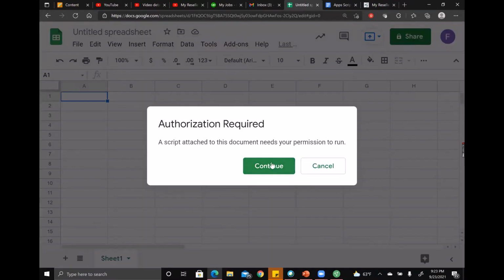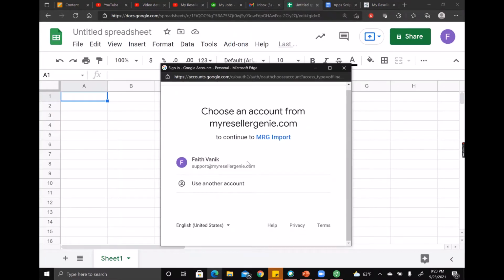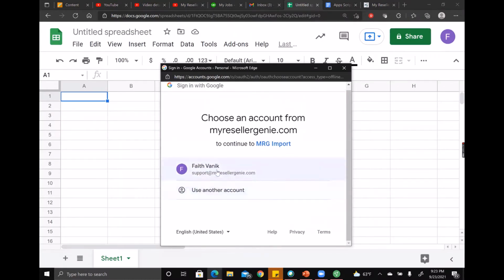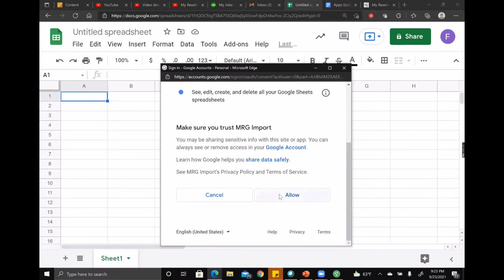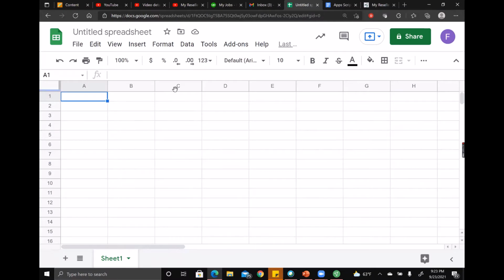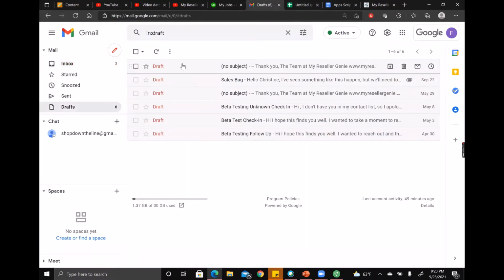Now it's going to ask for authorization so that the scripts can be run, and it'll open up a screen, and you'll have to allow it. All right, now you're in business,